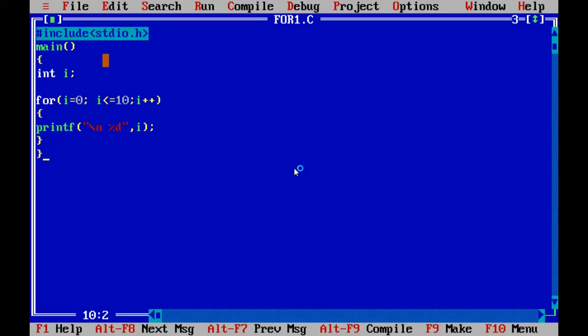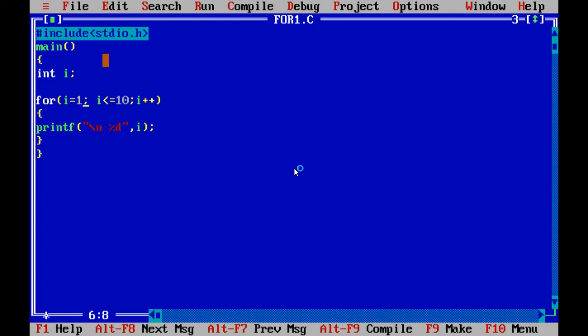0 to 10. Here the output is from 0 to 10 because the i value is initialized to 0. To print only from 1 to 10, you initialize the i value as 1.